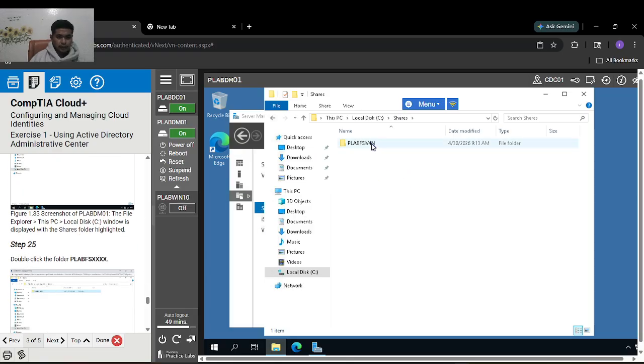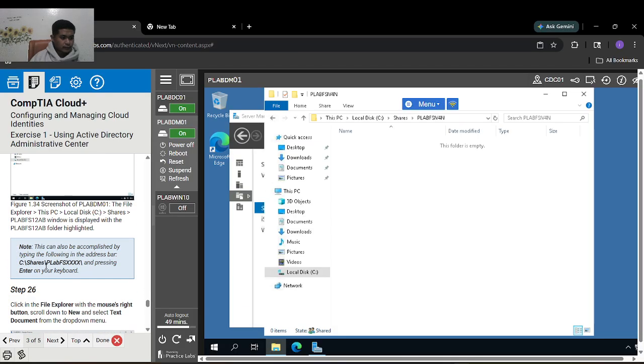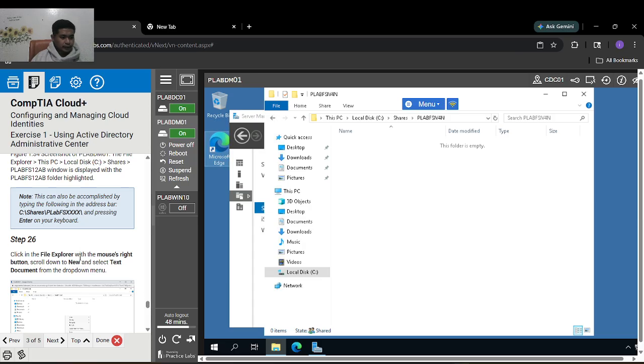This can also be accomplished by typing the following in the address bar, then pressing enter on your keyboard.